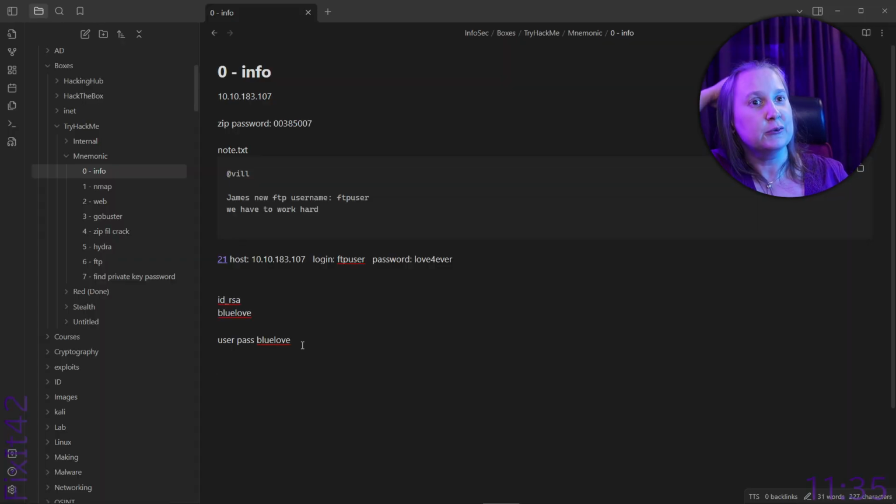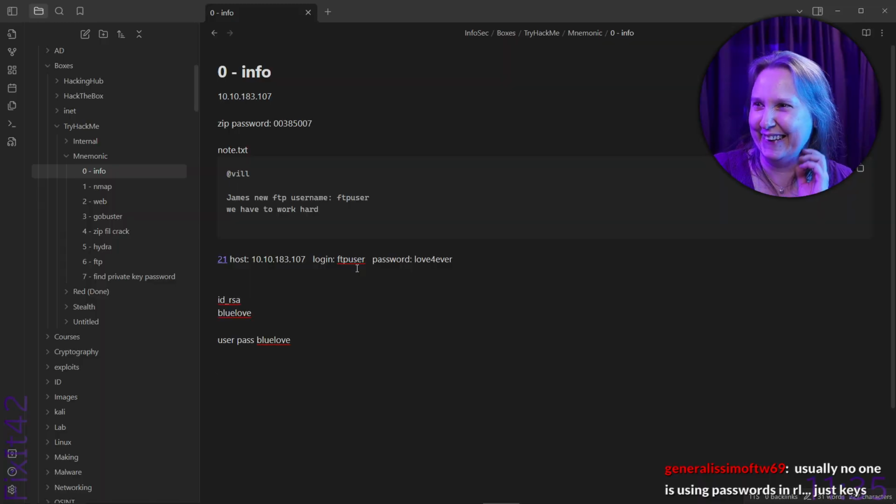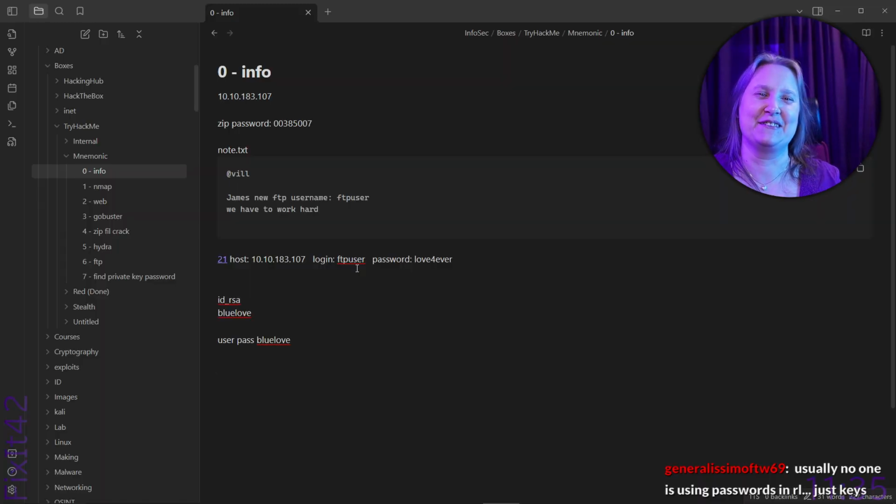So I didn't even know you could do it like that. So that's good. Usually no one is using passwords in real life, just keys. But if you want this extra layer of security, that would kind of mess things up if someone found just one, and you have a good password, of course, not like blue love or love forever. So let's see.